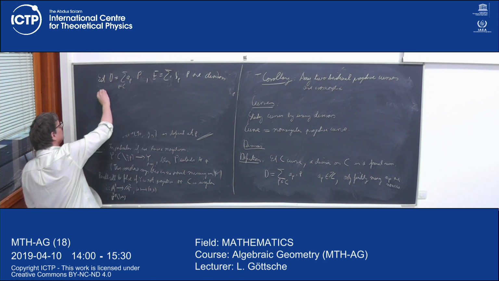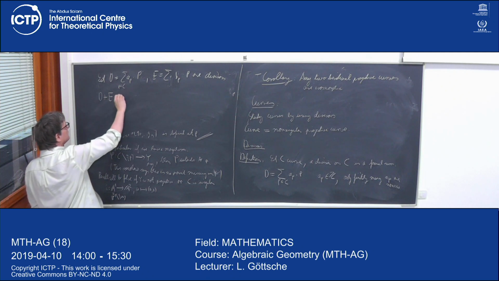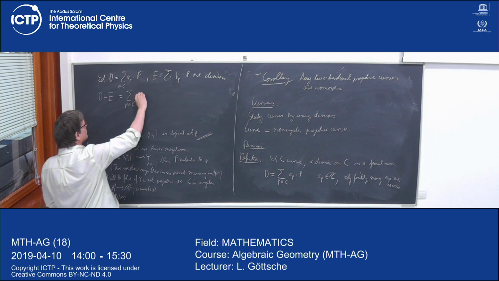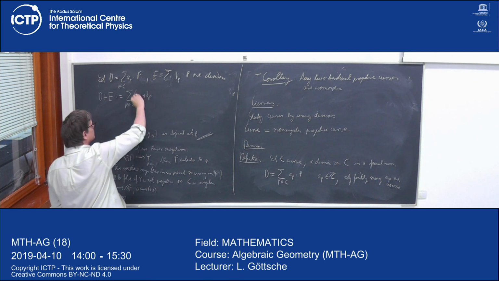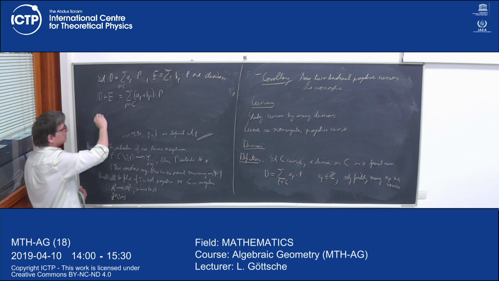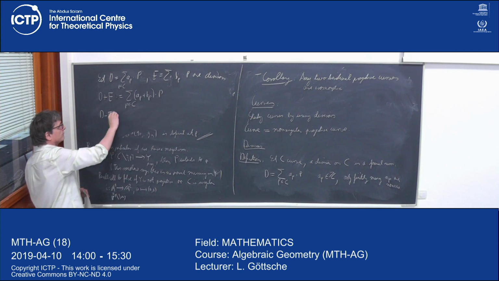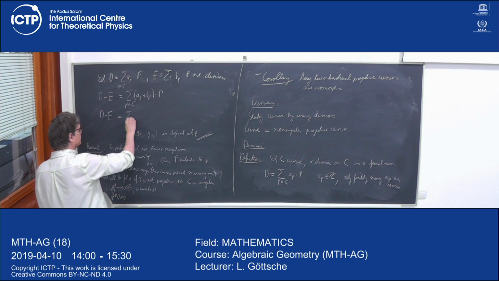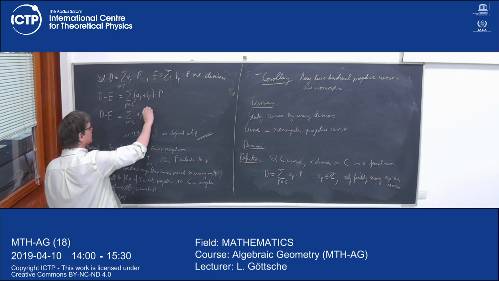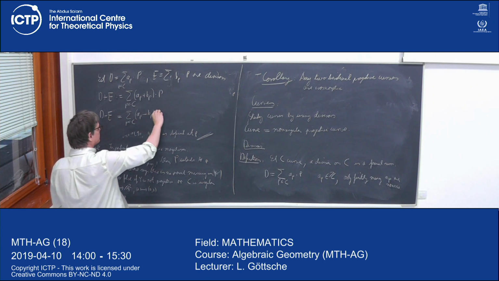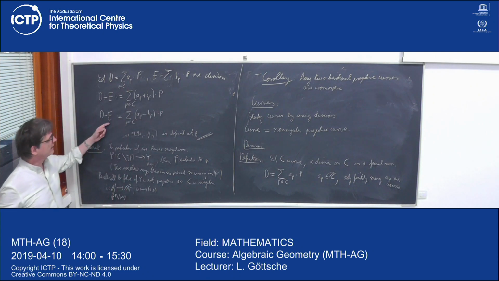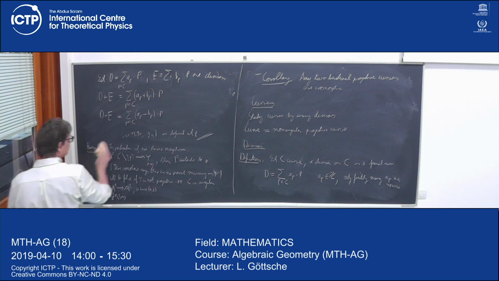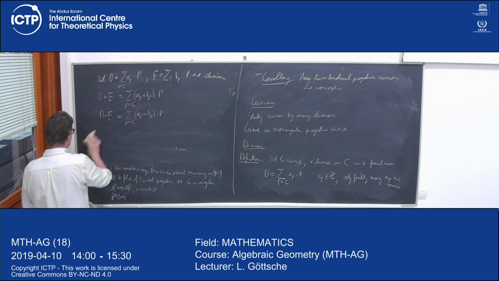So D plus E is defined to be the sum over P in C of AP plus BP times P, and D minus E is equal to the sum over all P in C of AP minus BP times P. And so we can also form minus E, which is just the sum of all minus BP times P, and thus clearly